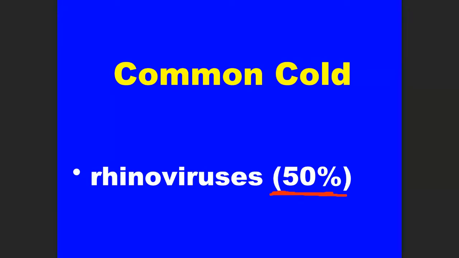Now, you and I, we basically get colds every year. And the reason for that is because whenever you get a cold, you're getting infected with one particular species, one strain of the rhinovirus. And when you get infected with that strain, you can never get infected with that particular strain ever again. But the next time you get the cold, right, you're going to get infected with another strain of the rhinovirus. So that's why it's kind of hard to develop an immunity against.